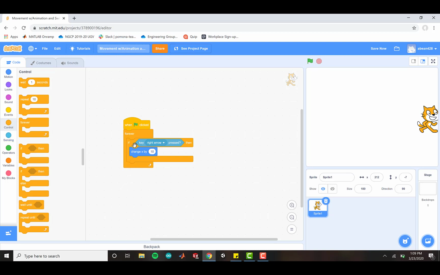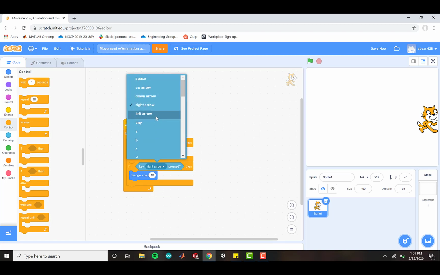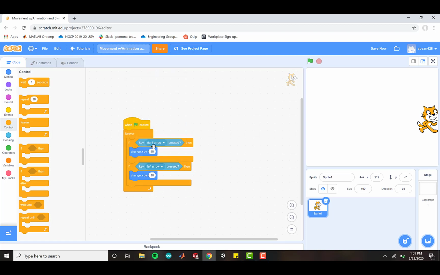Another cool thing you can do is, if you don't want to find all the blocks once again, go ahead and duplicate, right? Because it's the same code, but we're going to be changing a couple things. So now we're going to be moving to the left, so we're going to switch that to left arrow. But remember, since we're moving to the left, that's going in the negative direction, right? So now we're going to change x by -10,